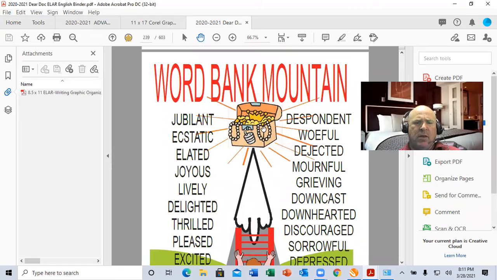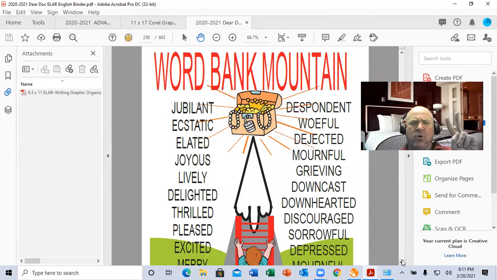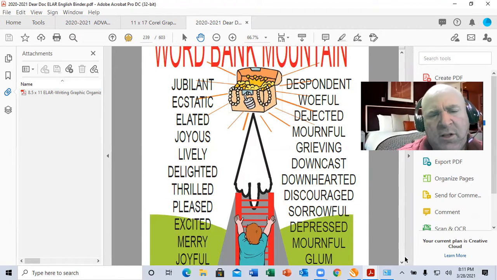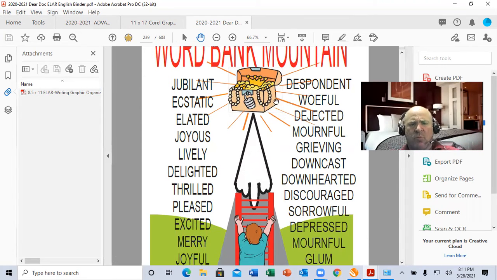And they're climbing what I call word bank mountain to get to the treasure words, the ones that are a little bit higher vocabulary. And so the student, depending on his or her ability level, would either climb up or down the ladder until he or she got to a word that was more appropriate for him or her.